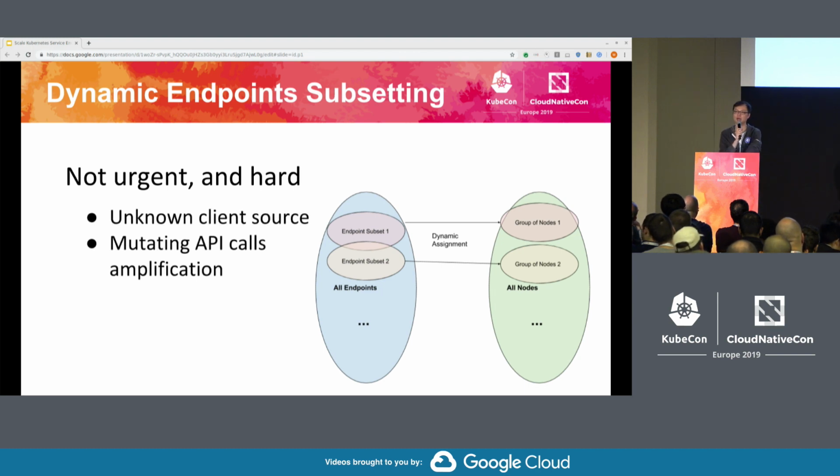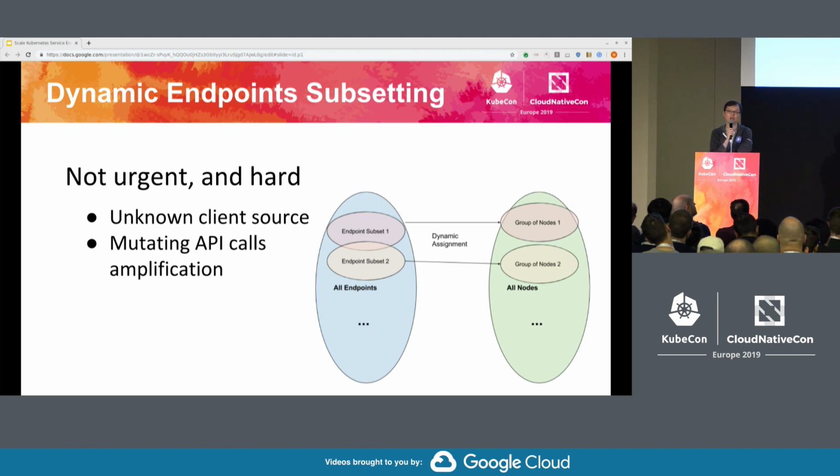Today, all the endpoints and all the services are distributed to all the nodes, and kube-proxy programs all the nodes to forward traffic to the services. So wherever the client is, they can reach the backend. However, if we do subsetting, and let's say the clients are only clustered in a portion of the nodes, that will cause the backends to receive imbalanced traffic.